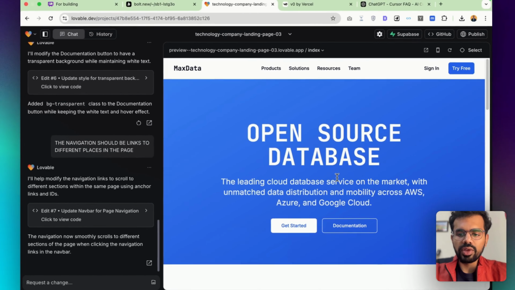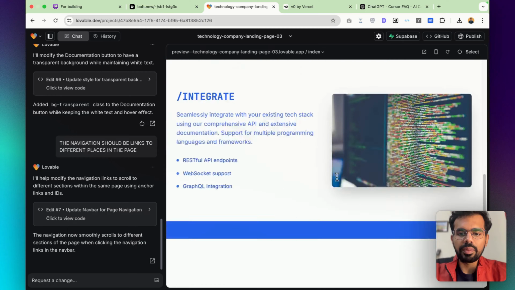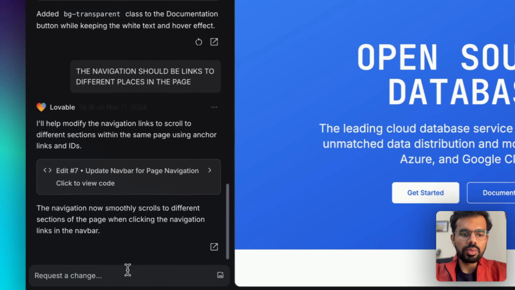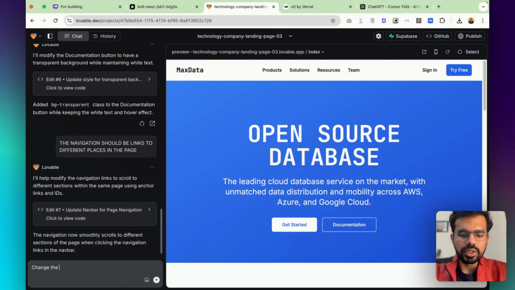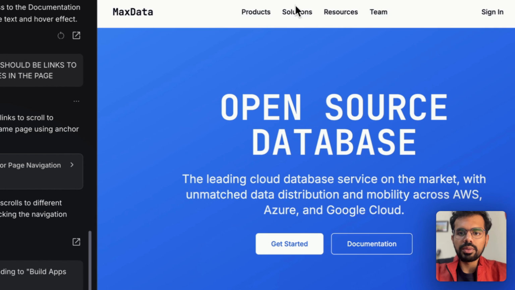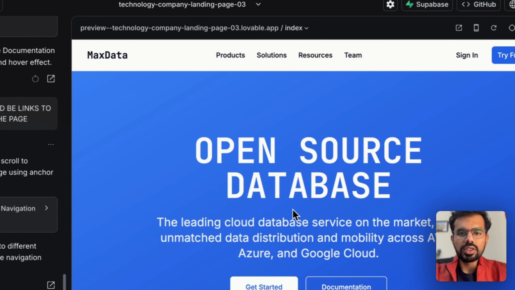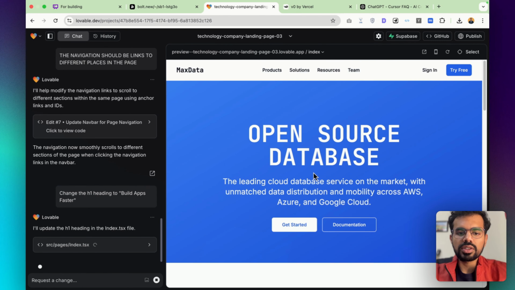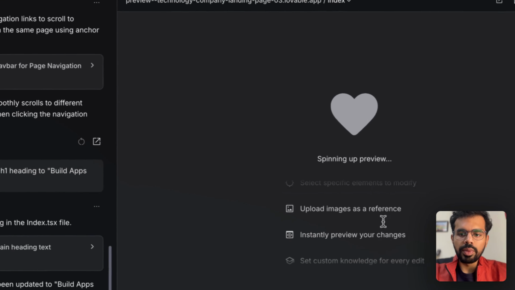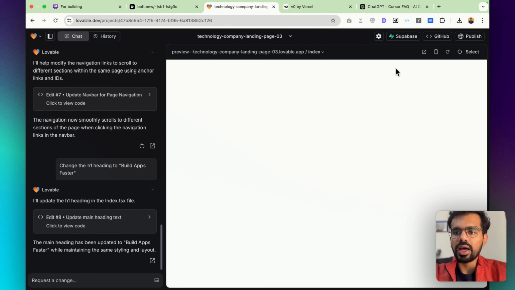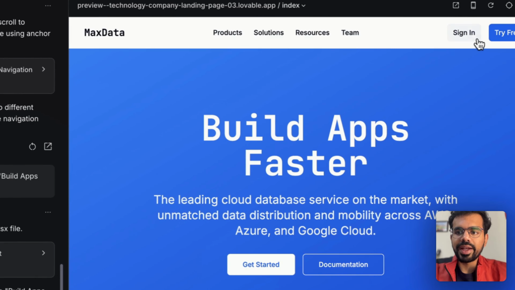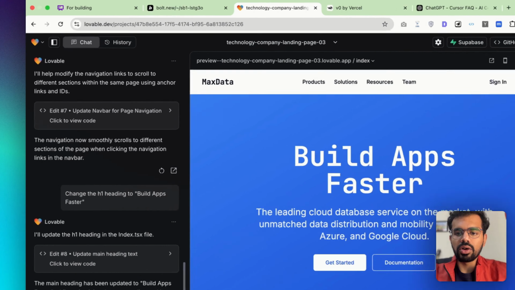So yes, on Lovable now we have the project. So you see that we have the entire landing page over here. We can just write a prompt to change certain details. I can ask it to change the H1 heading to build faster, and it will directly change it. Same is true for any other functionality that you would want. So it's by far the easiest or the fastest to get going with. So it's making the changes. It also has Supabase integration. So if you are using a database for your app, for example, if you are saving details of people who sign in or who do any other action on your app, then it can also save it.